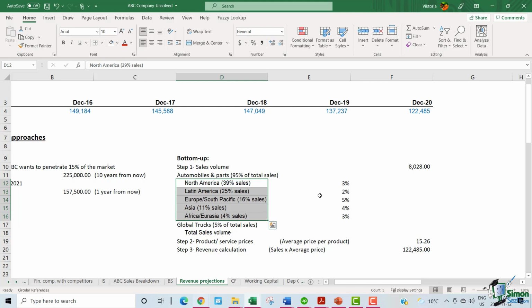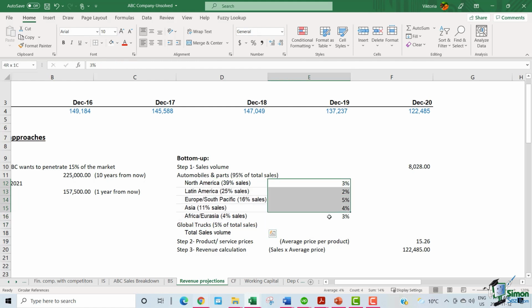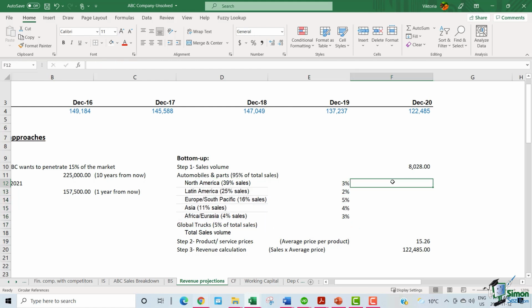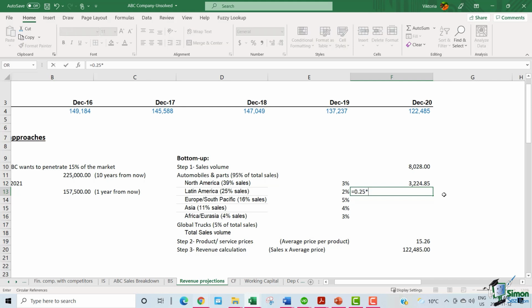Now let's calculate the sales volume for 2021 based on the proportion of sales per segment and the growth rate that has been provided by the Vice President of Sales. For North America, it's going to be 39% of 8,028, the sales volume in 2020, times the 3% growth rate. So we arrive at 3,224.85 for North America. For Latin America, it's going to be 25% of the sales volume in 2020 times the